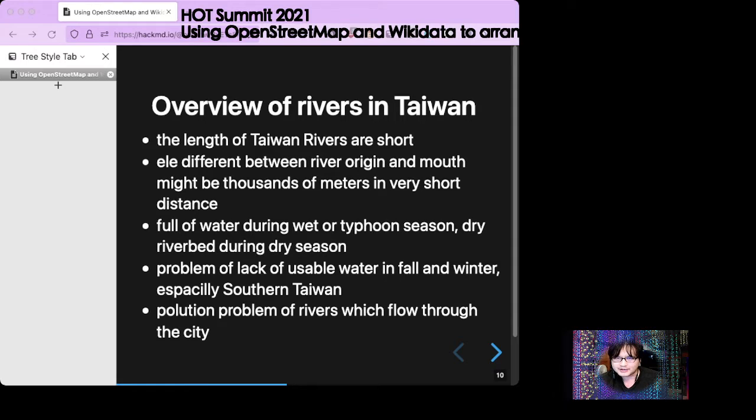During typhoon season the riverbed is full of water, but during the dry season the riverbeds are almost empty and you can even drive a car in them. Fourth, there is a water management issue in Taiwan, so we build reservoirs in the mountain areas. Fifth, in the city areas there is a pollution problem in the rivers, and some people care about it.